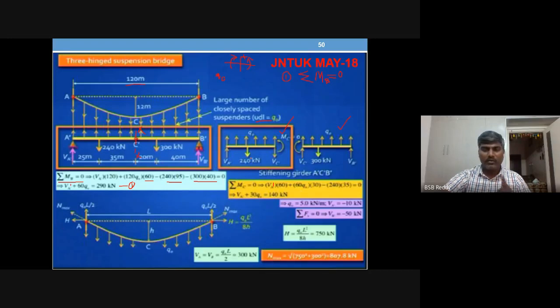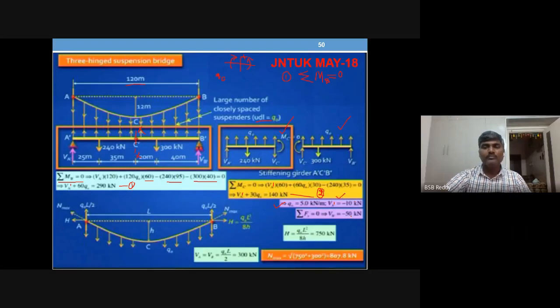Okay, and only one load is there because the 300 kilonewtons falls to the right side of the section. So to the left of the section it is 240. So 240 into 35 is anti-clockwise, so minus, equal to 0 will give you another equation: VA dash plus 30 Q naught is equal to 140. This is equation number 2, which is to be used in solving 1 and 2. If you solve, you will get Q naught value as 5 kilonewton per meter and VA dash as minus 10